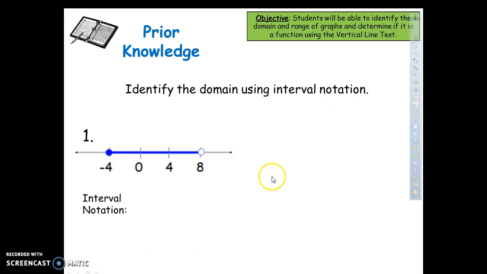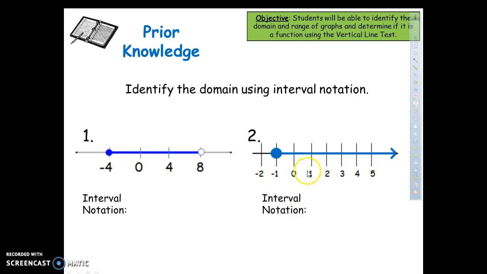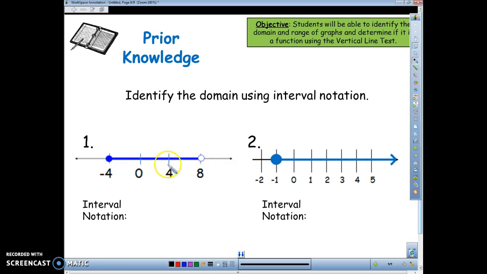For prior knowledge, we want to go ahead and bring back in interval notation, and here we're working with a simple x-axis. Remember, interval notation is how you describe a set of numbers with brackets and parentheses. So here my set of numbers runs from -4 to 8, so interval notation would be -4 to 8. Now I need brackets and parentheses. I'm including -4, that value is included, so remember that's a bracket. An open circle, when you exclude a value, gets a parentheses, so this would be bracket -4, comma 8 with a parenthesis. Now for number 2,